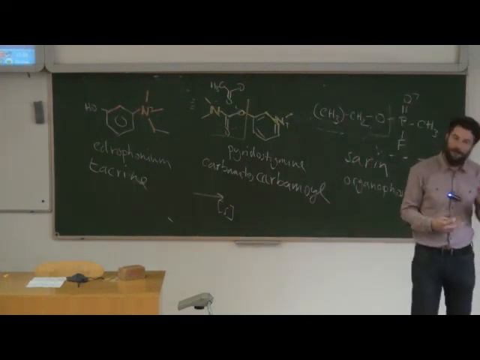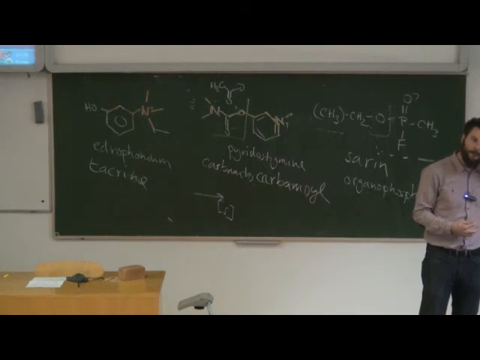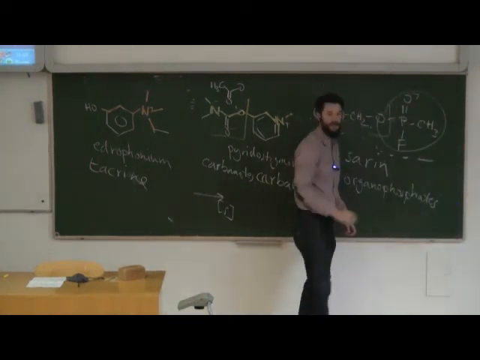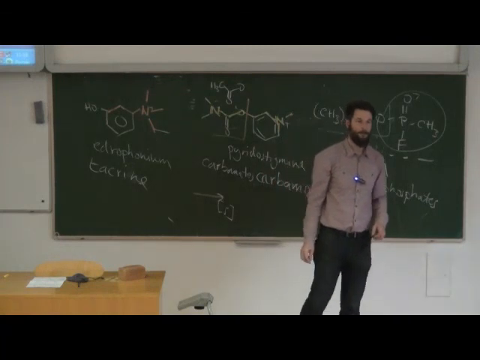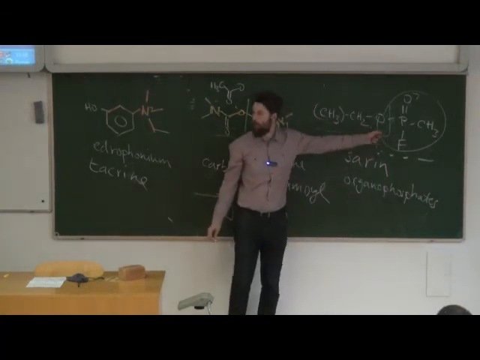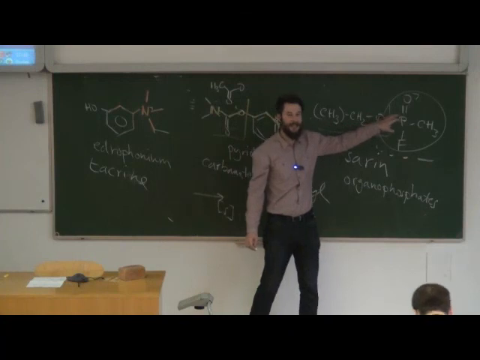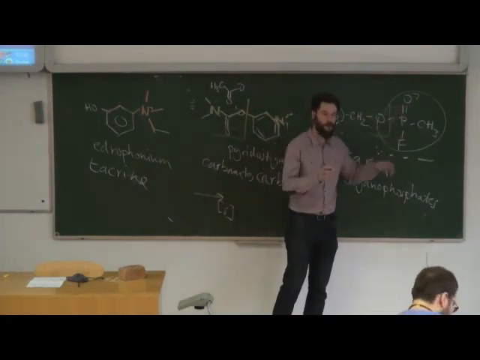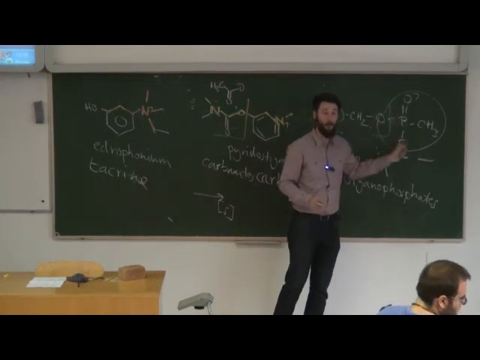Yeah. For the normal acetylcholine esterase, it's the acetyl bond that binds to the serine. Correct. But for the sarin, it's actually not the organophosphates. It is. It's this whole thing. Yeah. This is what binds to serine. Okay, it binds in a slightly different way. It's not quite an ester. It's a bit slight. The fluorine goes away. It's slightly more complicated, but this is what binds to it. Yeah.